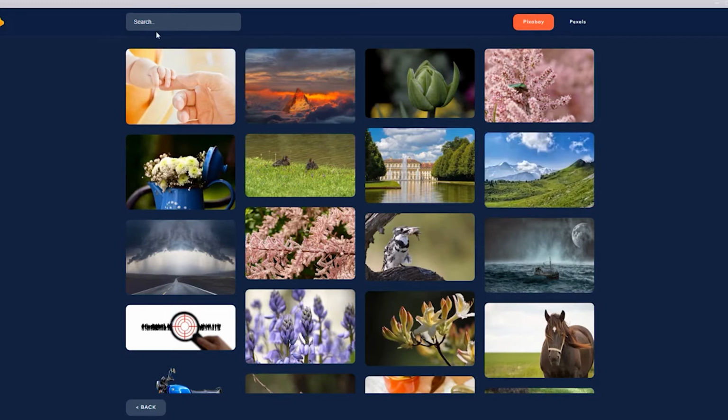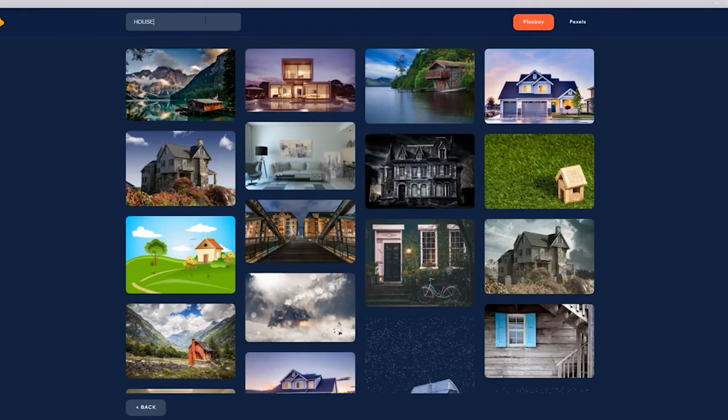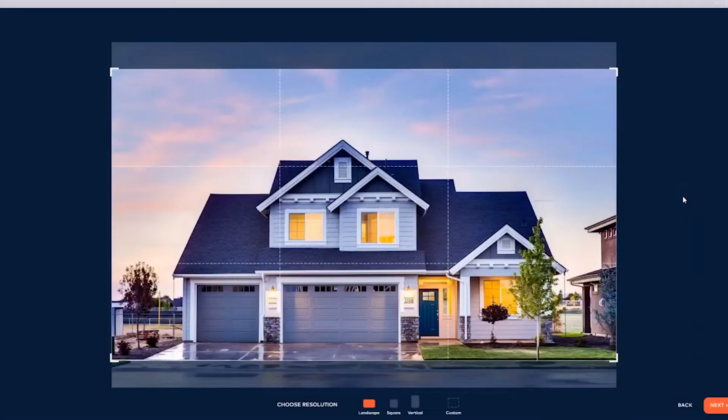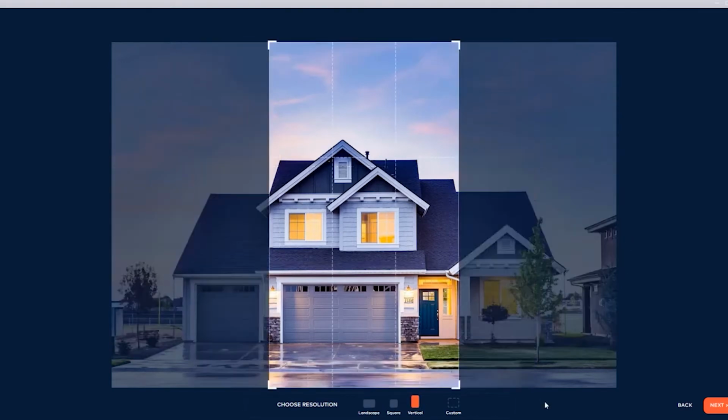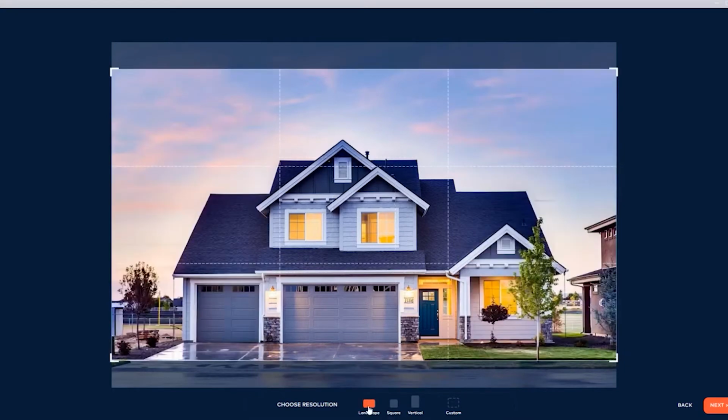So let's go ahead and start with a house. So I'm just going to type in house, and we're just going to select one of the first ones here. We're going to go ahead and select this one. There we go. Now obviously this photo that we selected is not ideal for a square or vertical, because most of the house is going to be chopped off. So we're going to go ahead and leave it as a landscape. We're going to click next,